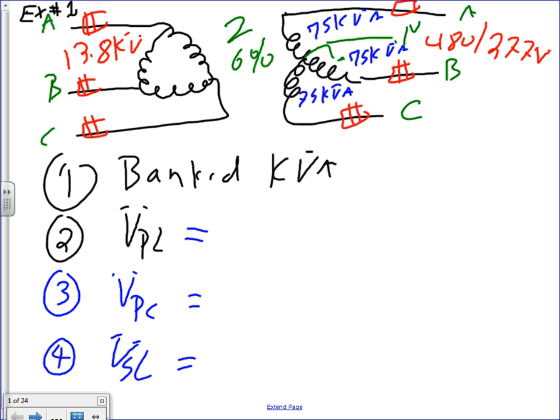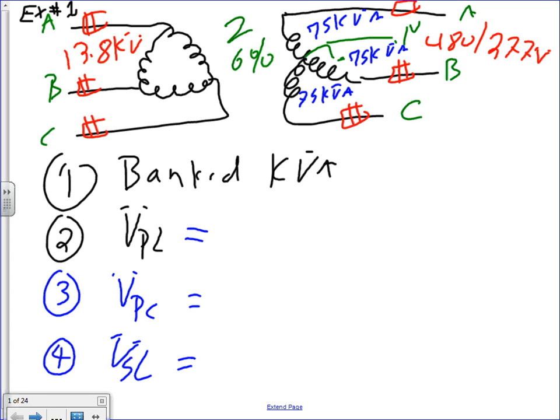Any question about what we have? Three transformers, each one of them is 75. On the primary side, they're hooked up 13.8. On the secondary side, they're hooked up Y 482.77. Cool? Okay, so the first question, guys, would be as